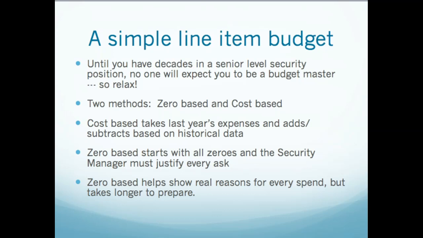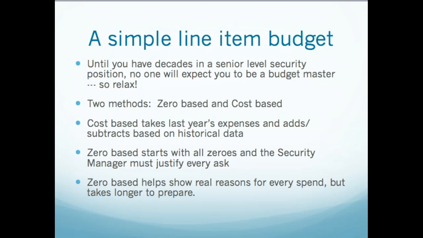Cost-based basically takes what you spent last year and then makes an adjustment for it. So I look at last year and I spent $24,000 on maintaining the radios. Well, one of the things I spent on were brand new batteries for all of them. The batteries have a life expectancy of 3 years. In my cost-based budget, I would then say, well, maybe I can spend a little less on my radios because they don't have to buy all those batteries because remember we just replaced them. Or maybe we replaced a lot of the radios and we did them ones and twos.